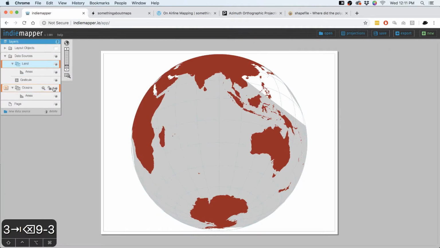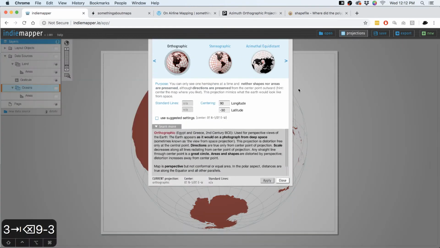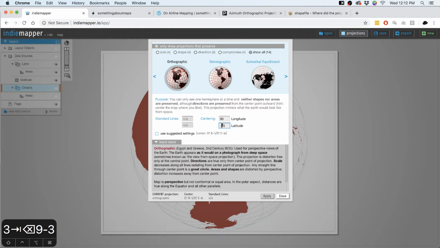And again, my ocean's getting a little wonky. We'll turn that off. I have a way to get away with not using that at all. So now it's starting to get a little curvature, a little perspective for it. I like that. Let's move down a little bit more. Let's do like 45 degrees.